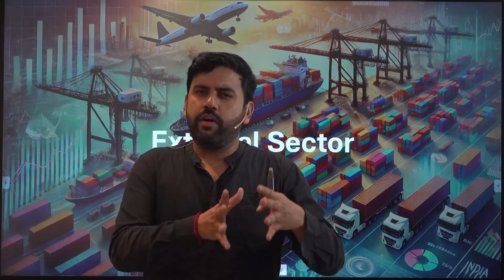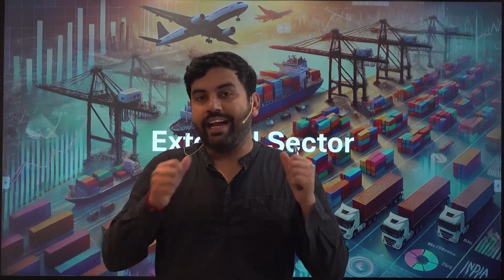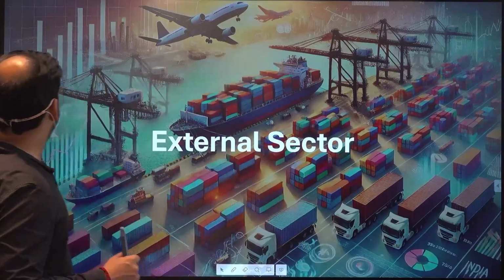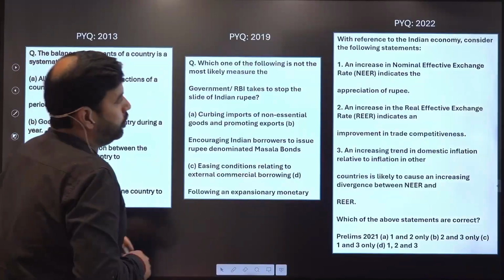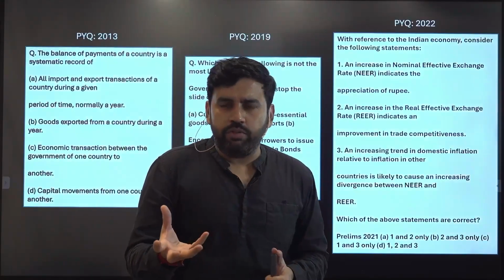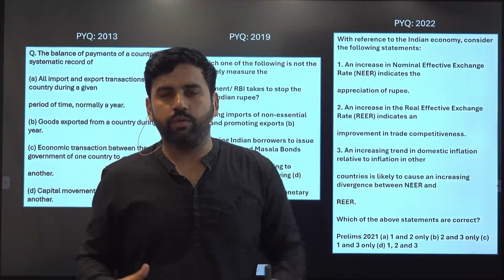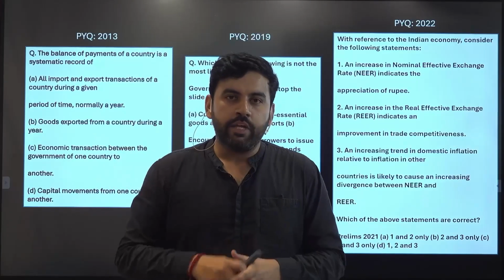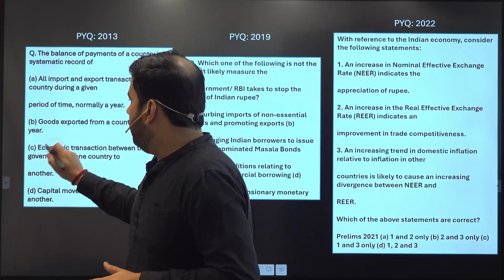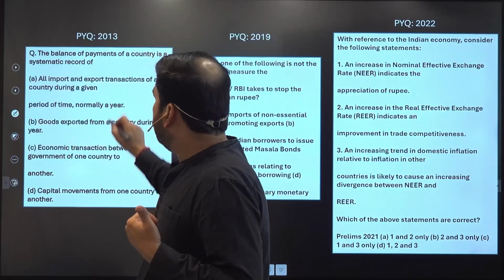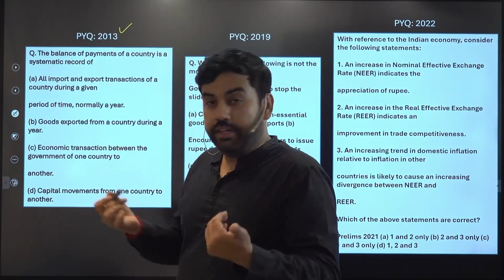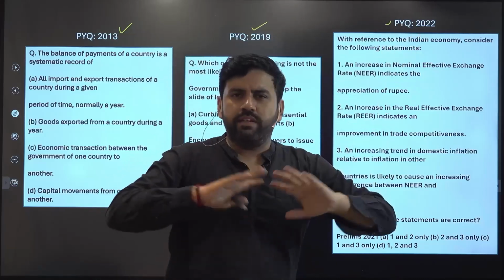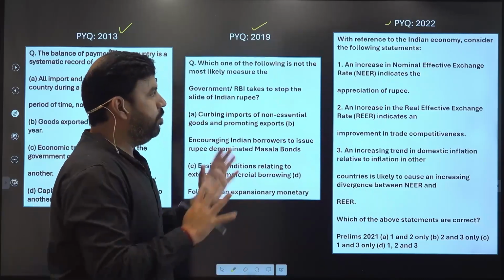Out of that, we have around 7 to 8 major topics, and the external sector is very important among them. How do we know that? Through these 3 questions. I have just taken some sample questions from the entire lot of questions, which we will be covering in the consequent classes as well. Look at these 3 questions. They have been asked in 2020, 2013, 19, as well as 22. So in a span of almost 9-10 years, these 3 questions have been asked.